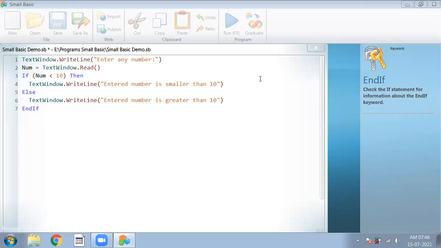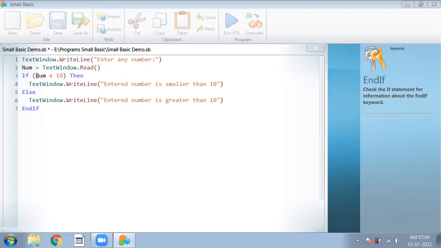The first line will display the message on the screen, enter any number. After that we will accept that number and store the number inputted by the user in the variable num. Then, with the help of the conditional statement, that is if else, we will check whether the entered number is less than 10 or greater than 10.